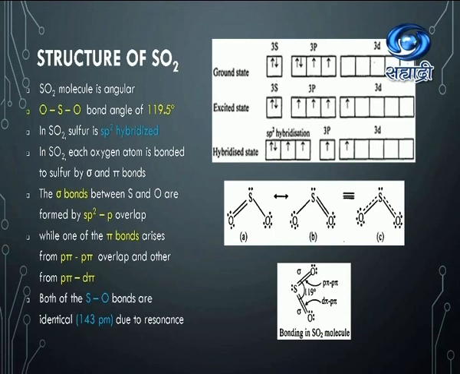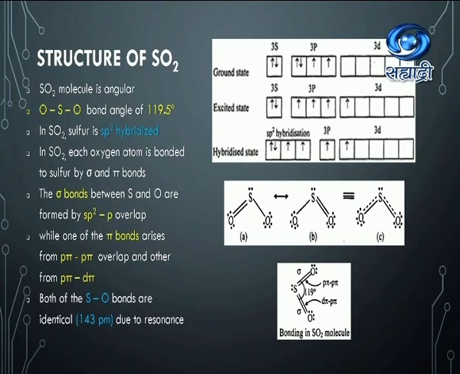sp2 hybridization. So sp2 hybridization gives you 3 sp2 hybrid orbitals. Then one of that hybrid orbital contains a pair of electrons. Remaining 2 sp2 hybrid orbitals contain single electron. And this 3p and 3d orbitals, they do not participate in hybridization. So sp2 hybridized state is shown. Now,